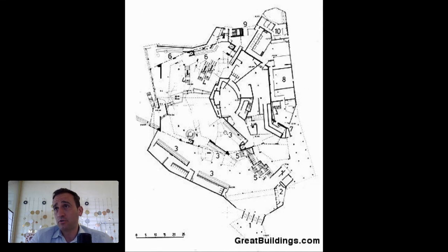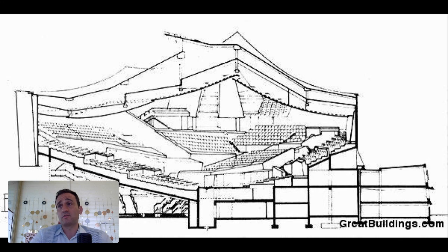I love Sharoon's complex solution at the Berlin Philharmonic, and I certainly can't leave out the most important pursuit that Sharoon was after, and I believe was successful in carrying out, which is a finely tuned acoustic space. So the form of the ceiling, the form of the roof here, is based on in-depth study, a repetitive series of studies